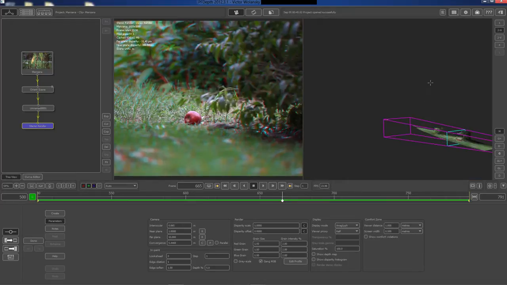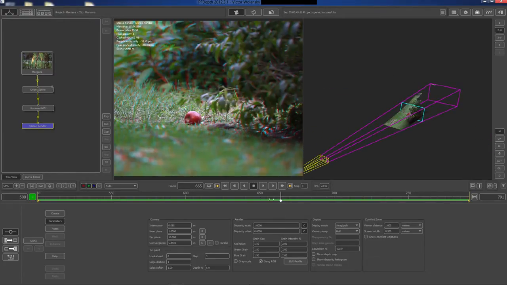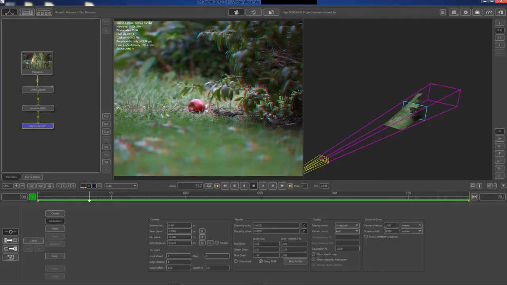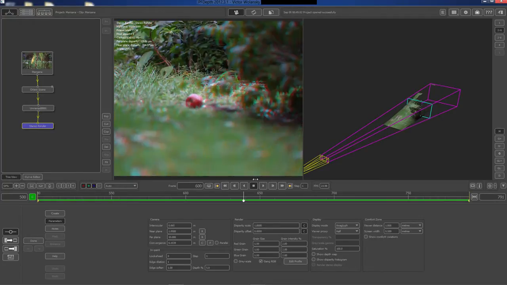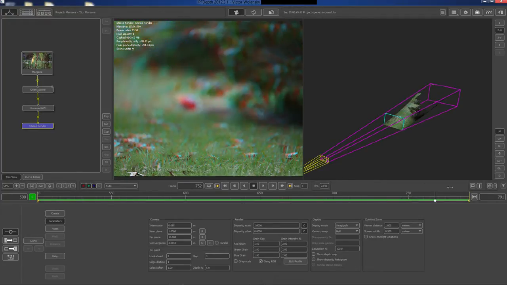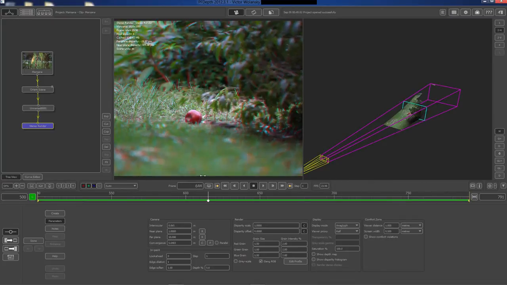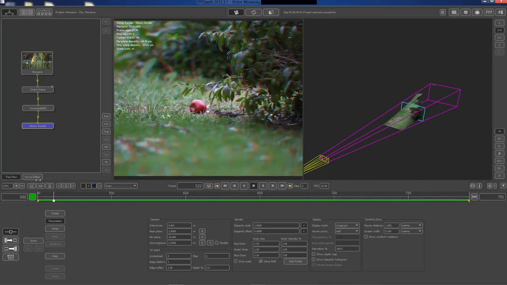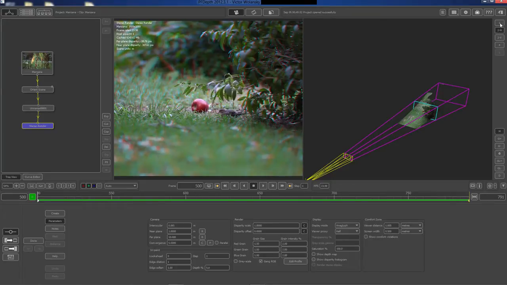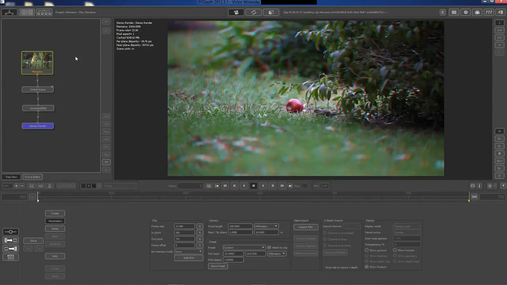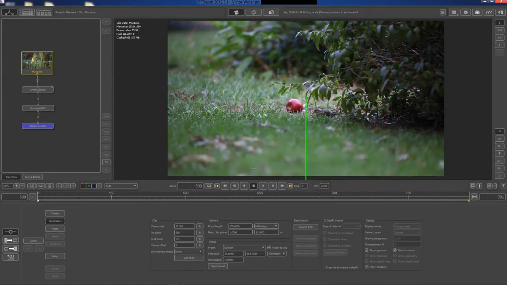And if I set this to two views, you'll see how that point is actually being moved. Okay, so that's the way this is animated. It's pretty simple. And you actually start by loading the footage and setting the focal length of the camera, then